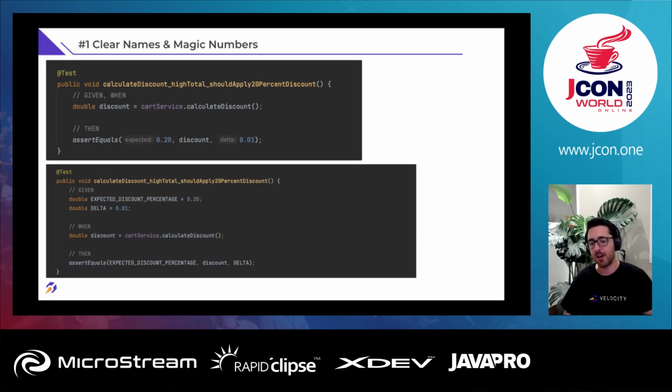But the way I look at it, if a number has no meaning in the test, you can use any number for the variable or constant. You can put 5 or 10 or whatever you want, because it doesn't really matter to the test. But if it does have meaning, use a meaningful name. For example, illegal size or long time ago and stuff like that. And then the reader will be able to know why it is important.